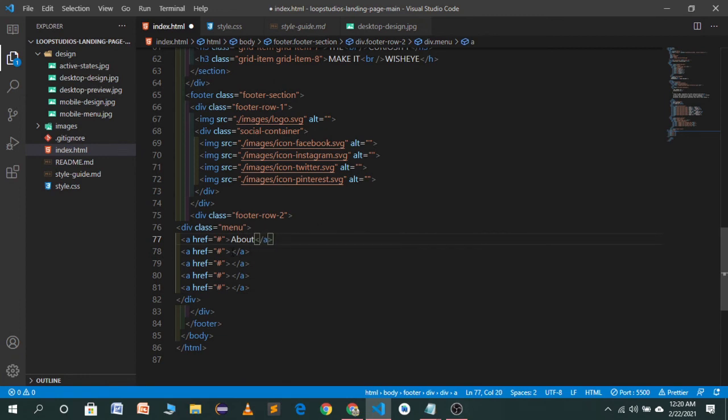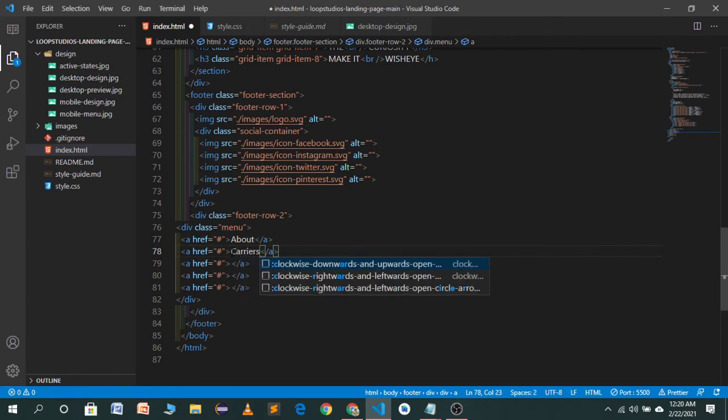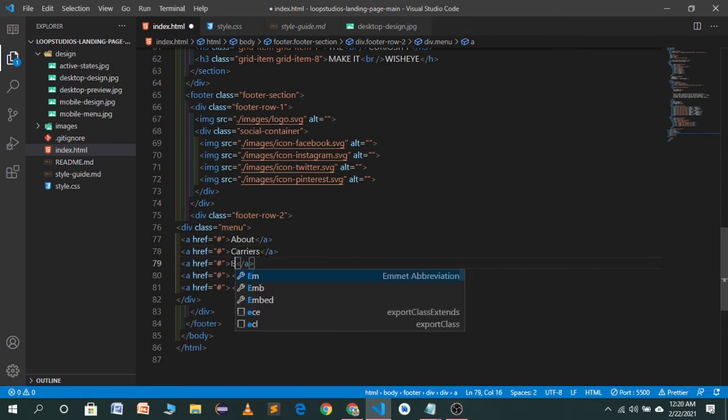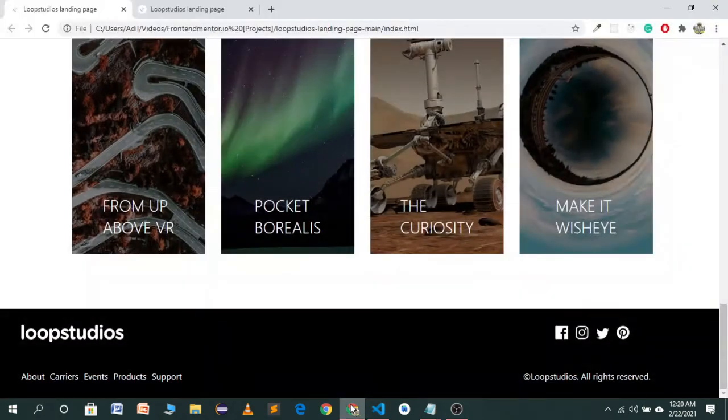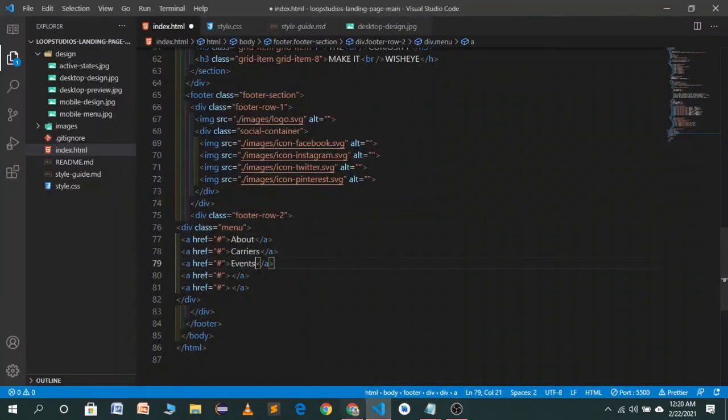The second one will be careers. The third one will be events, and the fourth one will be products and sports.